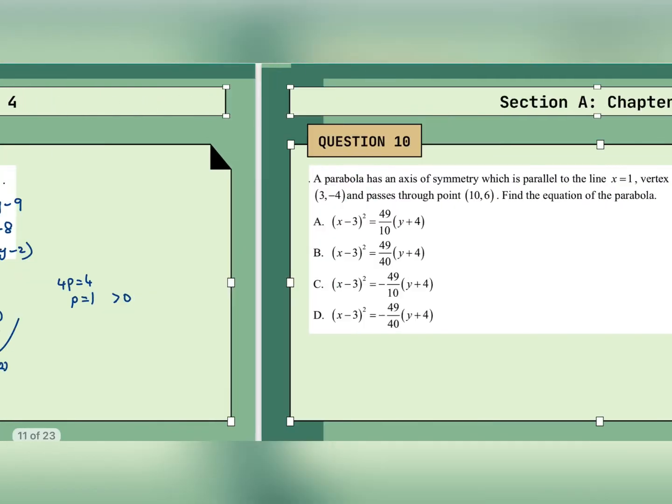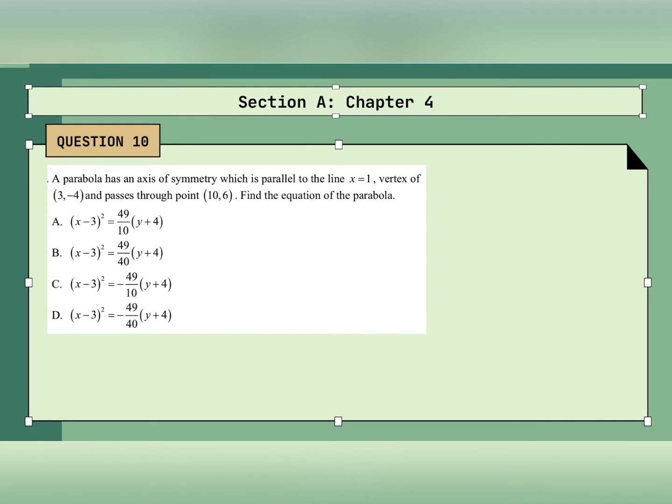Okay, and last kali question number 10 for chapter 4. A parabola has an axis of symmetry parallel to the line x equals to 1. Axis of symmetry parallel dengan line x equals to 1. Okay, first saya lukis dahulu. X sama dengan 1 kat mana? So ini adalah x axis, ini adalah y axis. So x equals to 1 yang mana? Yang sini. Betul? Okay. So kalau dia kata axis of symmetry parallel dengan this line, maksudnya parabola kita akan either open up